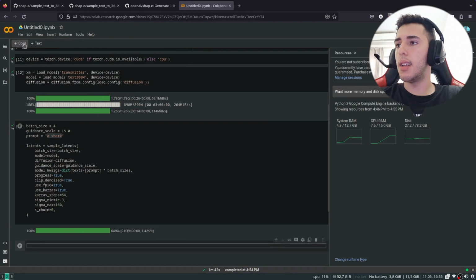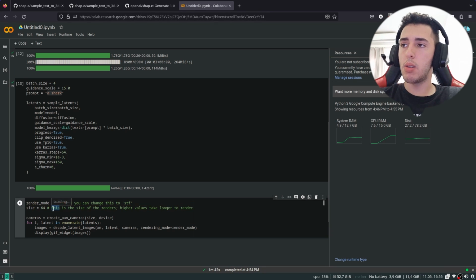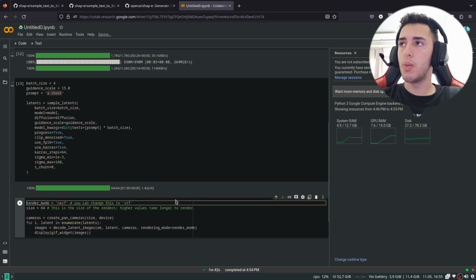So let's add another code right here, and as you can see, you can change the render mode to STF. We'll try this later to see if there's a difference. I think they don't use the two models together. Maybe you can choose what model you want, NeRF or STF, but we will discover this as we do it.